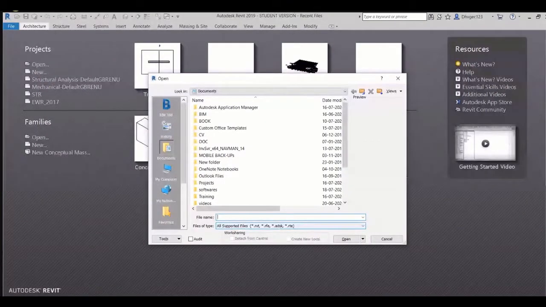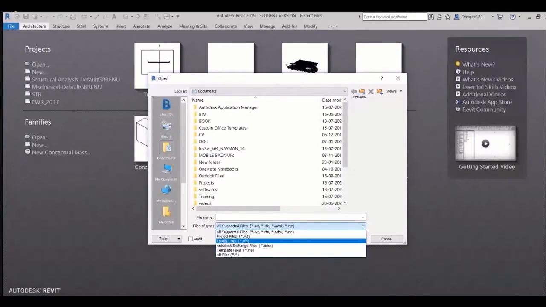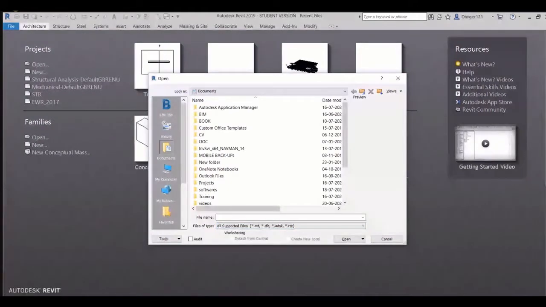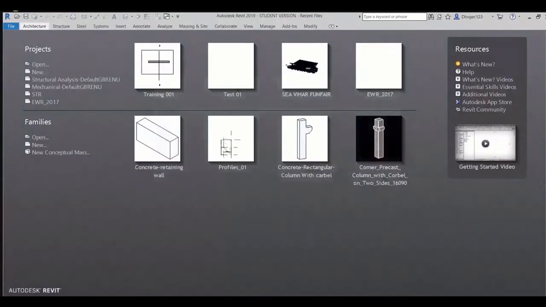You can see here Revit project file. RFA is a Revit family file, and this is something different, a template file, if you are going to open any template file. From here you can open read only, or you can also do audit.